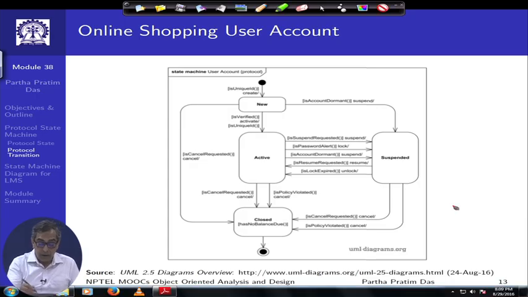So, you could look at a protocol state machine diagram for online shopping, and here I have picked up an example where you can see really the different kinds of protocol transitions happening here. So, let us look at 1-2 of this. You start here. So, this is the initial pseudo state, and then you have the new